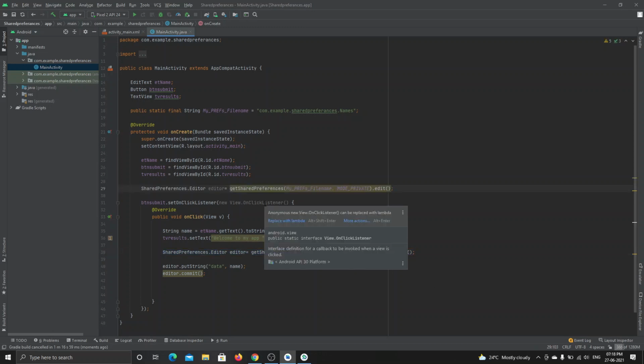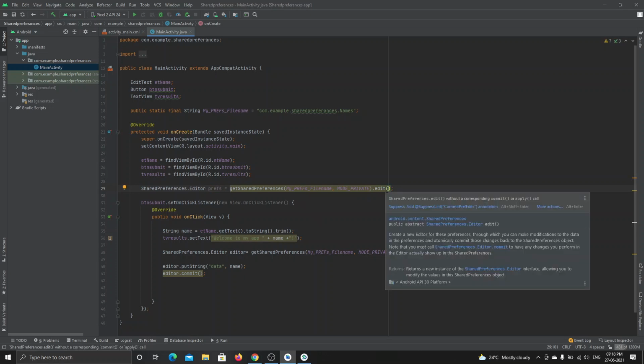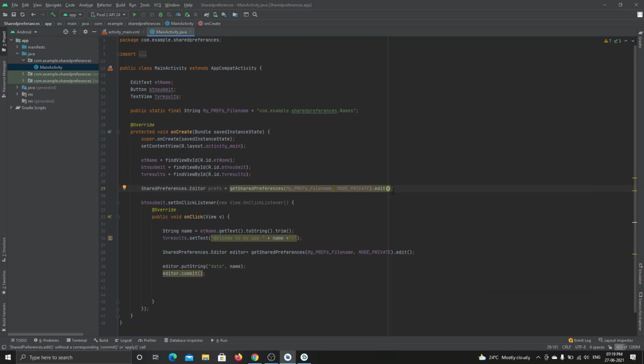What happens now, I want to edit here also. I will edit this editor first. Let me change this editor. Instead of editor, I will give preferences itself. And let me remove this dot edit first, because we are not editing anymore, we just want the output here, right? So I don't want edit here. And then what I want to do is